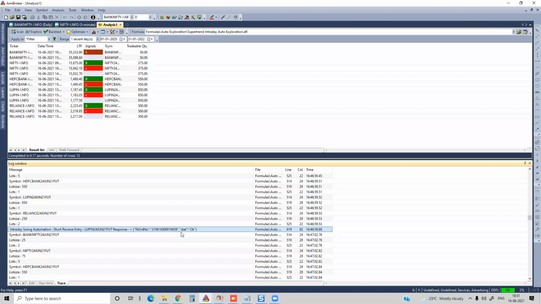For cover orders and bracket orders, they will send similar responses. We can capture it and display it. Based on that, let's say you want to put one more order, or average the price, or do pyramiding, all those things can be done.